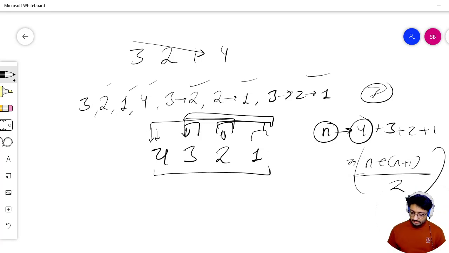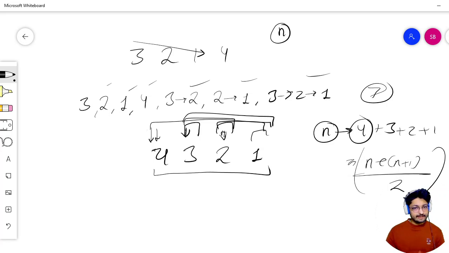Hope you get the point. This is just a simple observation: if you have a contiguous decreasing segment of length, let's say n, the number of decreasing sub segments that can be formed from that segment is equal to n into n plus 1 divided by 2. Why? Because you can take any segment starting from the first element, and there are n such segments. Then starting from the second element, there are n minus 1 segments, and you just have to add all of them, and that's the whole amount of segments you can get.